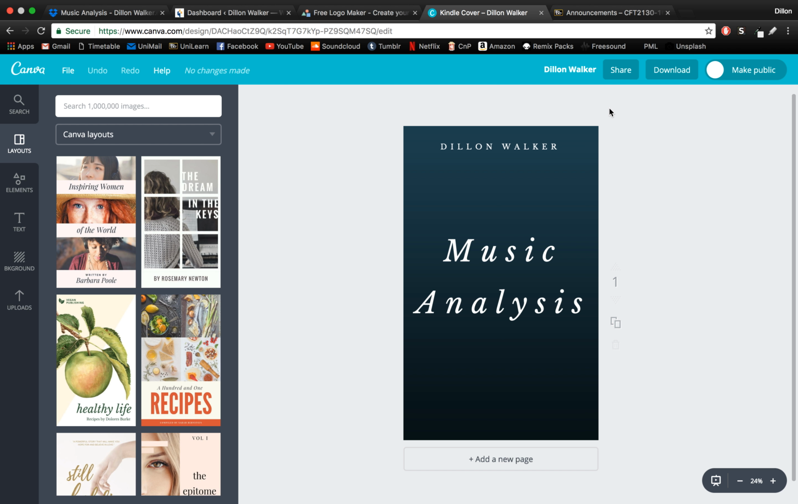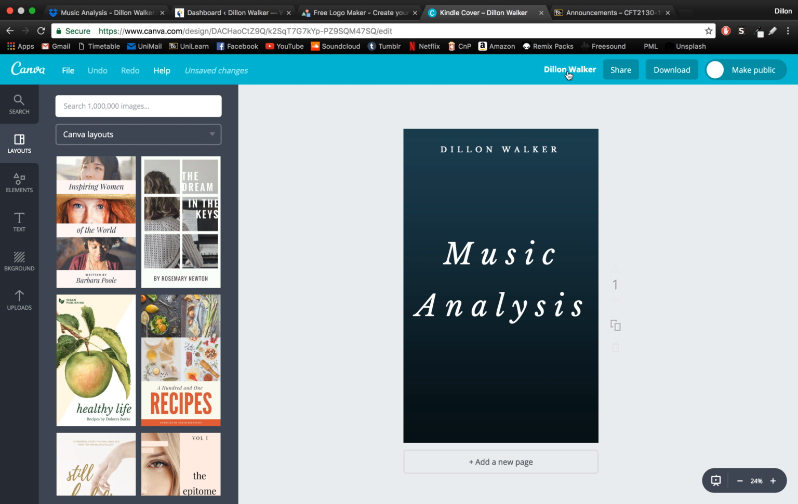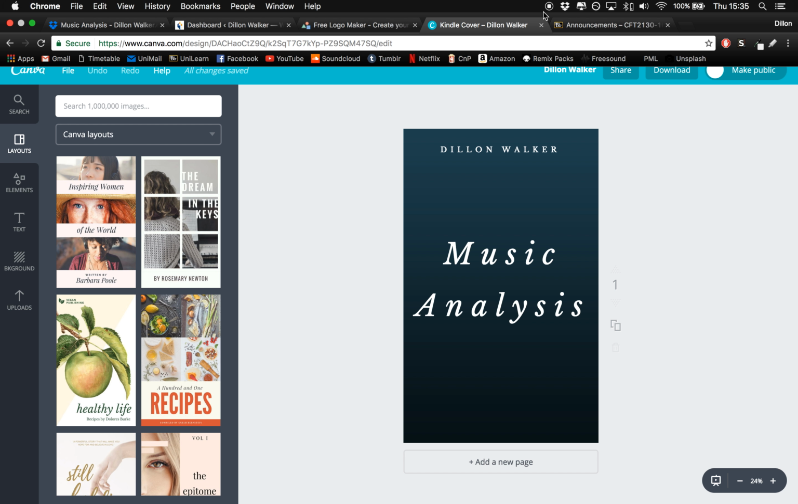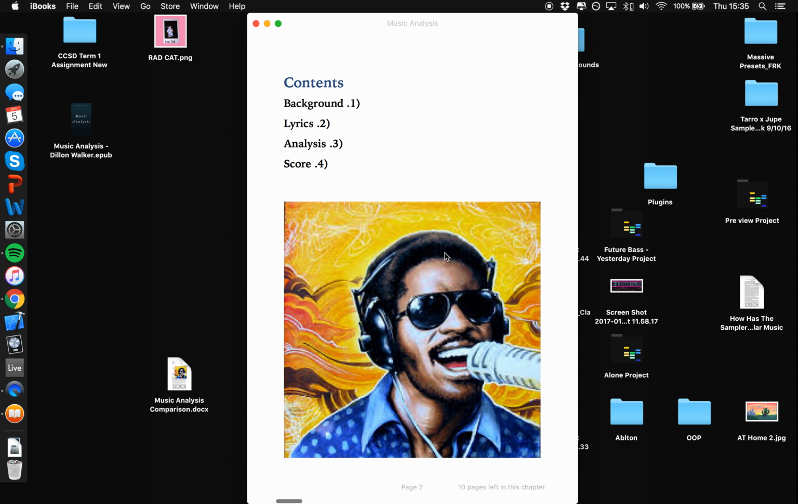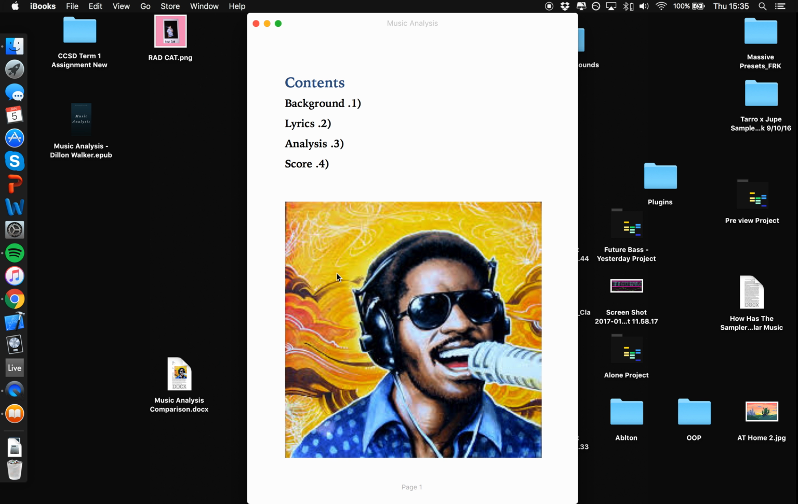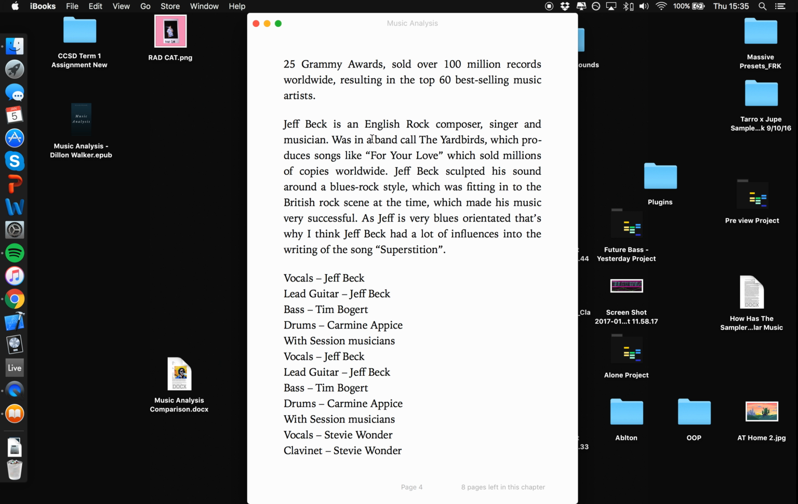As you can see here, I got the dimensions, I think, of a Kindle ebook, and I've just edited it, made it my own. I wanted to keep it quite simple. And then, yes, that's my ebook profile. Going across, got my contents page, picture of Stevie Wonder there, which is music analysis of Stevie Wonder's song. And then they're all in little segments, so I've created the background segment pages,